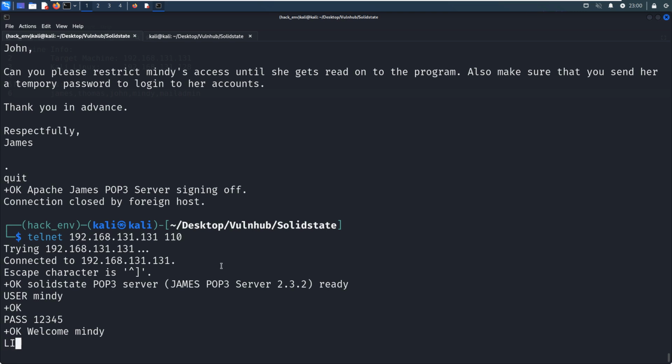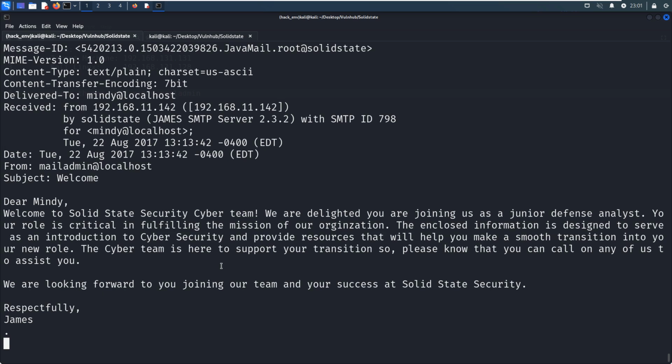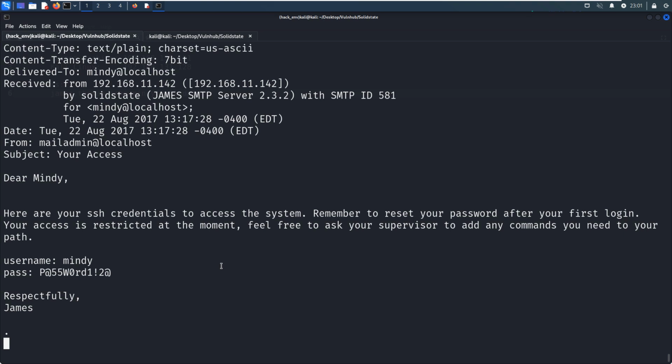So we can use the list command to retrieve the mails. There are two mails. We can use the retr command to retrieve the first mail. And blah, blah, blah, we are looking forward to you joining our team. And similarly, we can retrieve the second mail, and then we can get the SSH credentials for the user.